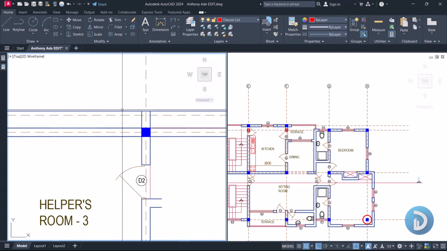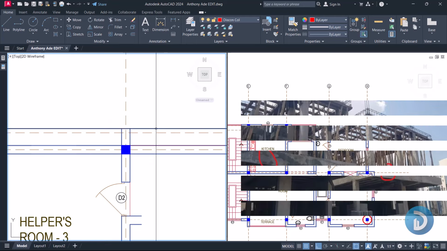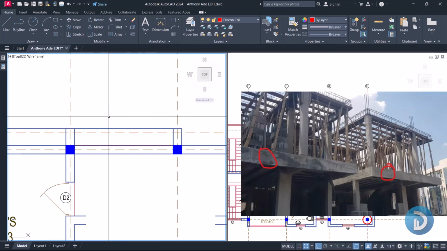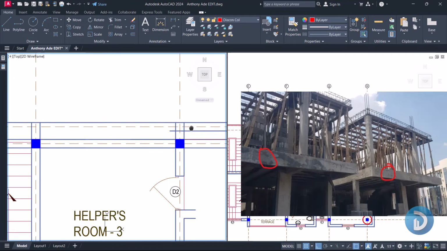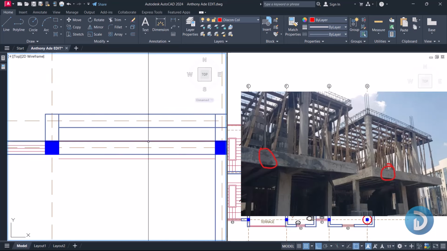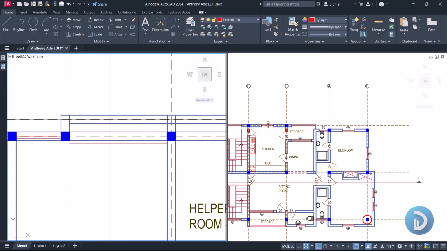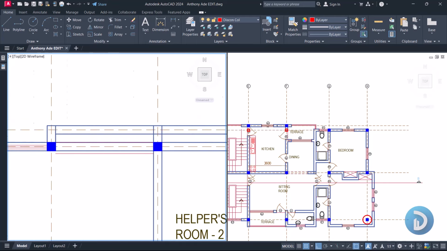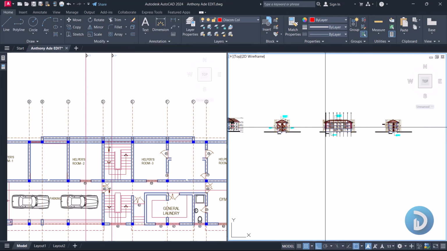And one thing is, after we cantilever this on the ground floor, we can as well choose to cover this part up, or close this part out, with a beam. So if we offset 225, we can choose to make this part covered with a beam, but it's really not necessary, because this span from this place to this place is just 450, and if we take out 225, we should be having just about another 225 for our slab. So it's really not necessary, but some persons can decide to cover all the edges of their cantilever with a beam, so they have something that looks just